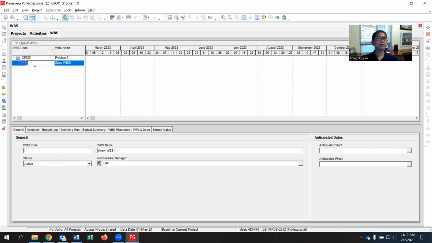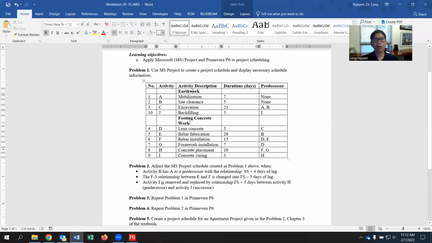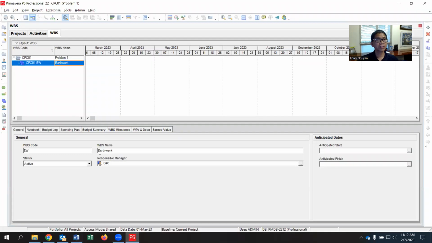So I put add here, and that I say that is CPC 01. Okay, that is A. Okay, so maybe confused to get the earthwork. So I have WE, and the name is earthwork. And then the second is the bold here, footing concrete work. So I can do the same,